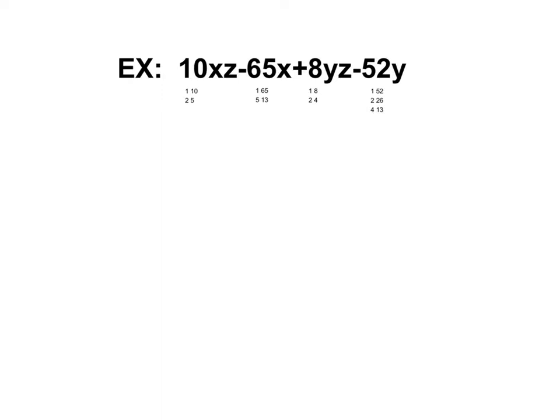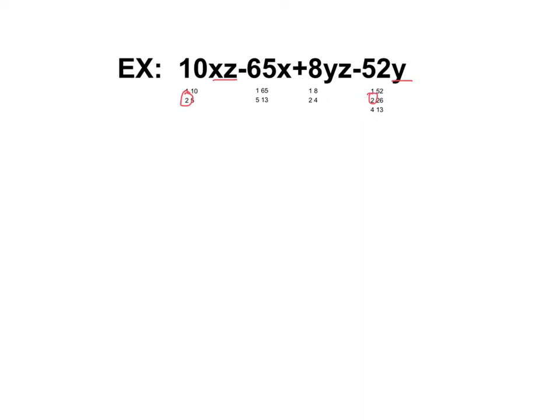As we look at these, we hopefully can start to pick out certain values that are going to work well together. While you're looking, you may notice that, for example, 10 and 52 both share the value of 2. But instead of just jumping on the bandwagon right there, I'm also going to look at the variables. 10 has an x and a z, whereas 52 just has a y. Since none of those variables match, I'm going to keep looking and see if there's a value where everything matches,